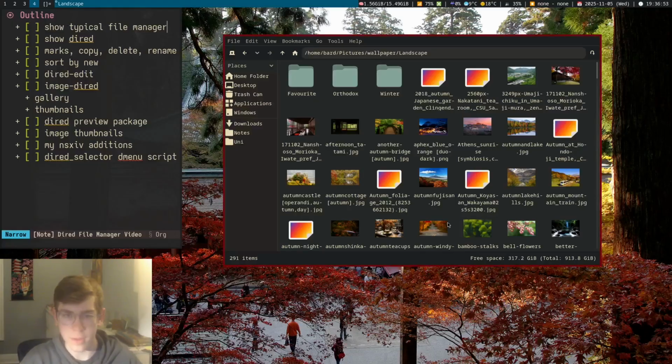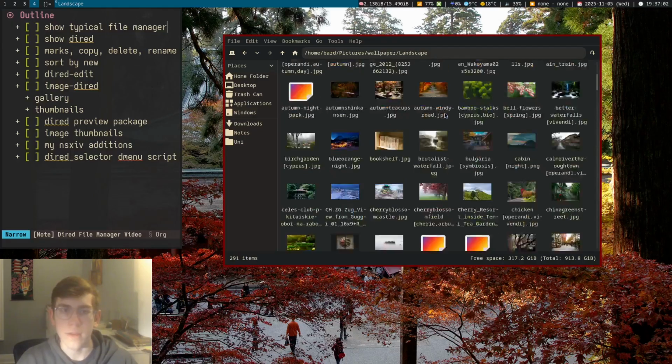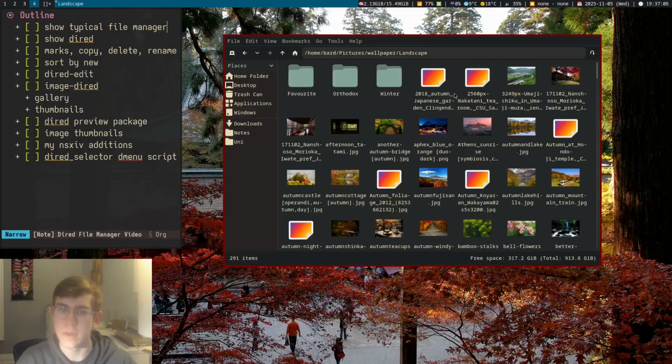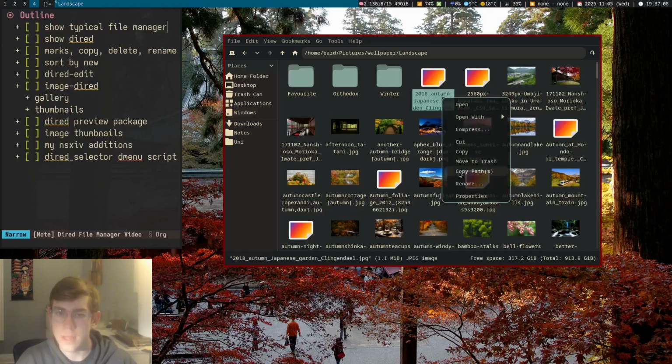So today we're going to talk about file managers. This is just a typical file manager. I think it's the one from XFCE, and it's just a standard GUI file manager. This is my wallpapers directory, and you can do standard things like